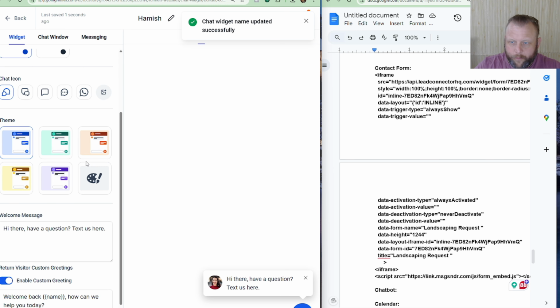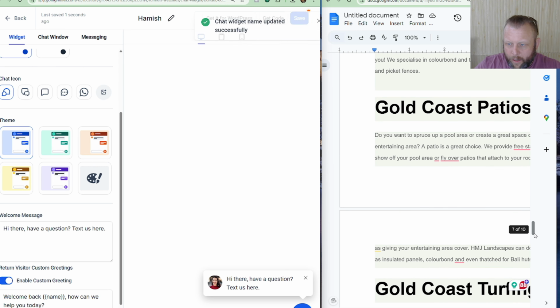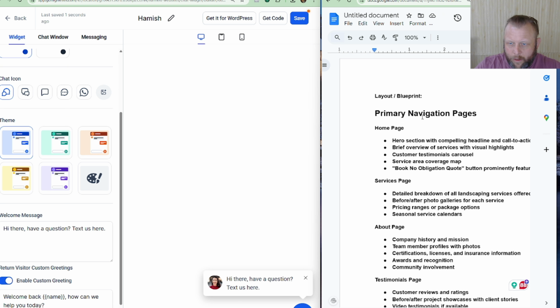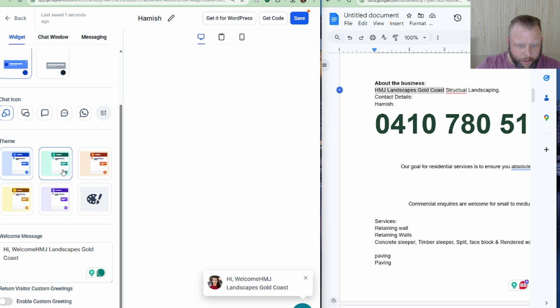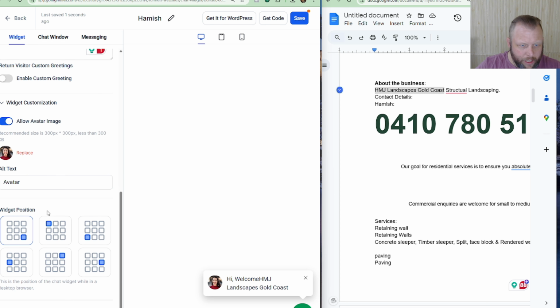I just need to change that a little bit in there. So style. What do I say in the top? See landscaping Gold Coast. So I come through. Let's say, hi, welcome. Take that one out, have a bit of a green theme, widget customization,